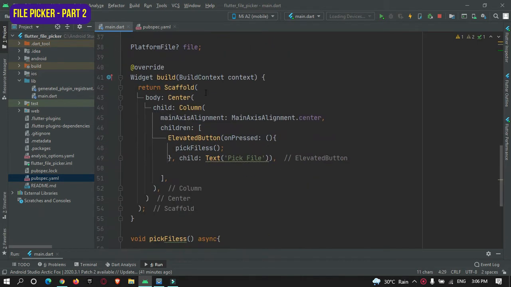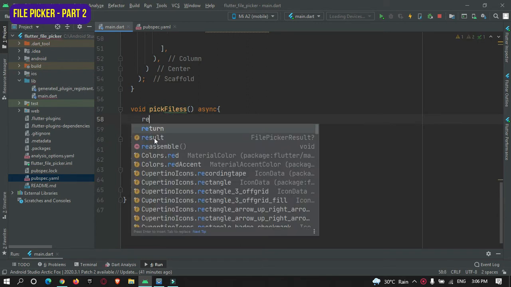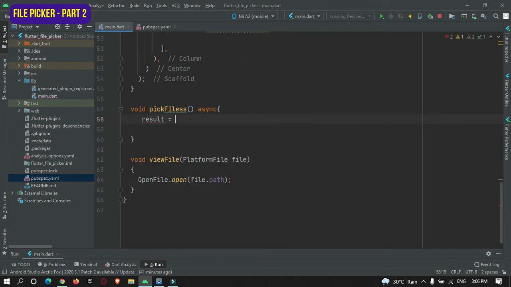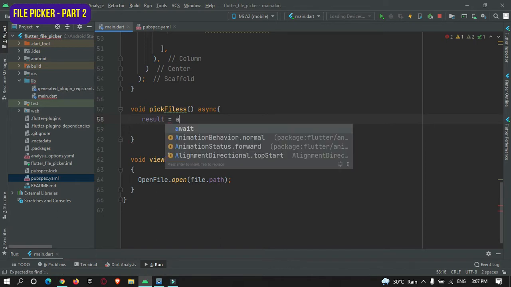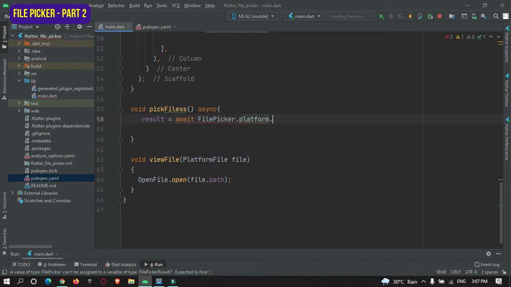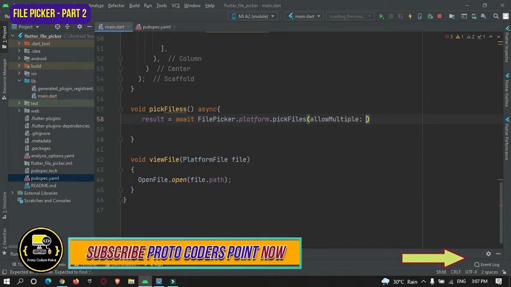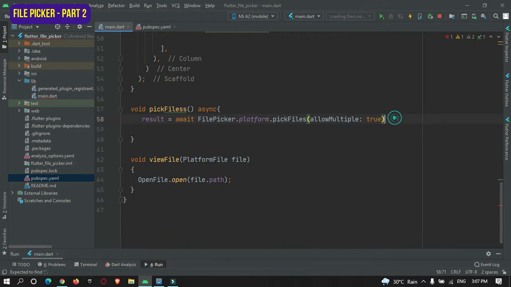After creating them, over here in the pick file method, result is equal to await FilePicker.platform.pickFiles, and over here you need to set allow multiple to true. So now the user can pick more than one file.